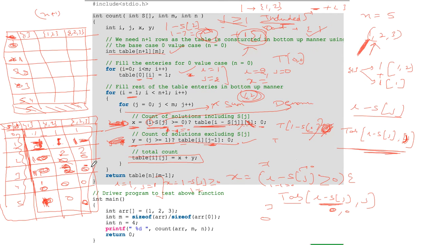यहाँ पे क्या आएगा? 3. ठीक है? x1 आएगा, y2 आएगा, ठीक है? यहाँ क्या आएगा? 4 को बनाने का जो भी आएगा, चलो देख लेना फाइनली. Okay, is it clear now? Complete thing,